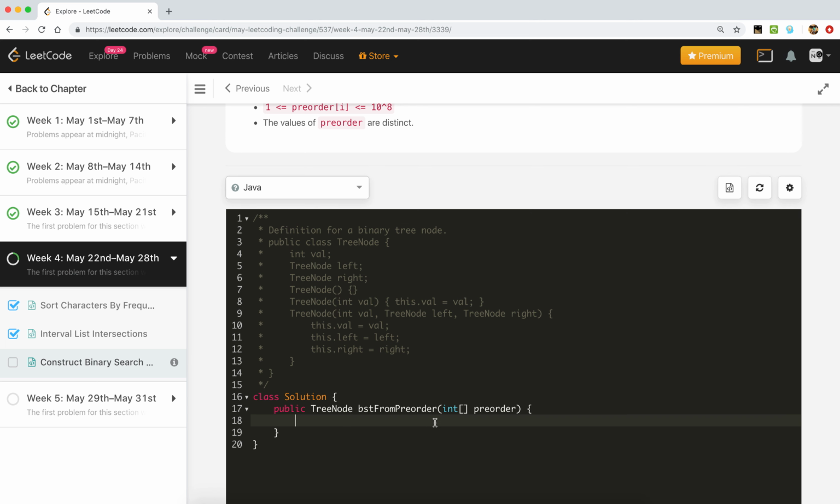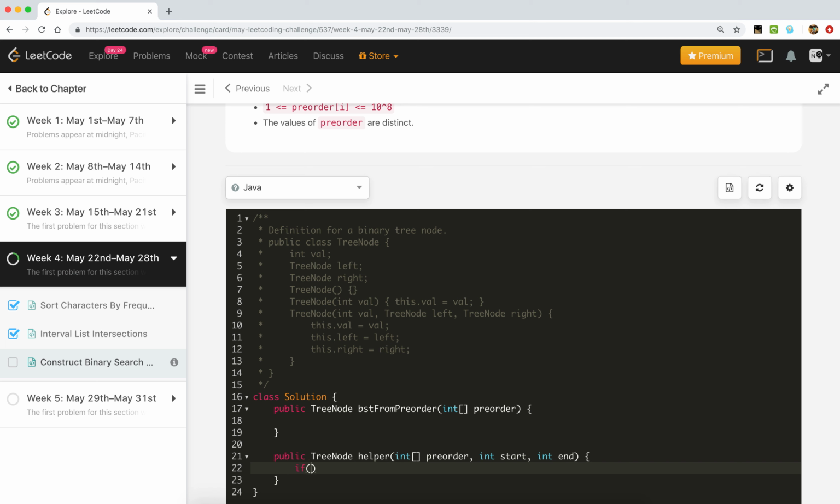First I will write one recursive public method which returns a tree node, which is our root node. That is a helper method, and the input we will get is the int array, which is the pre-order itself, an int start index and an int end index.